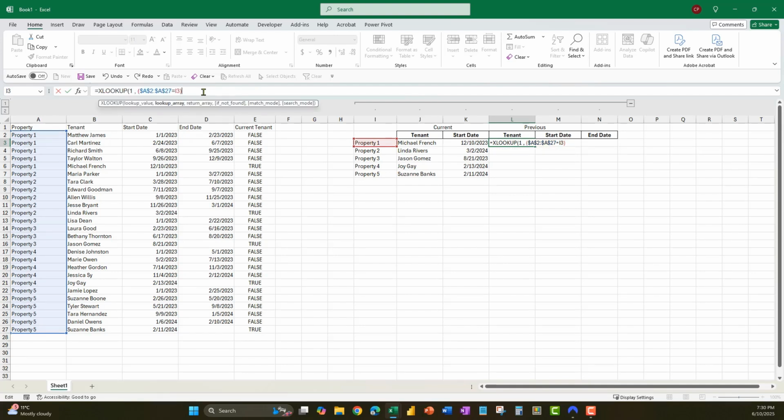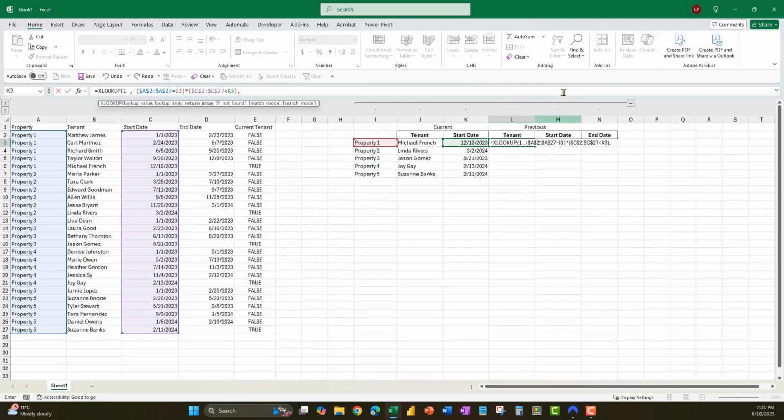I'll just be writing right here at the top. Then multiply, open parenthesis. Now, what we're going to look at next is the start date. So we're going to highlight the start date is less than, because the prior tenant's start date should be less than the start date of our current tenant, right? Because if our current tenant starts on December 10, then the previous tenant is the one before that date, the tenant before Mr. Michael French. Select the list, start date, close the formula,